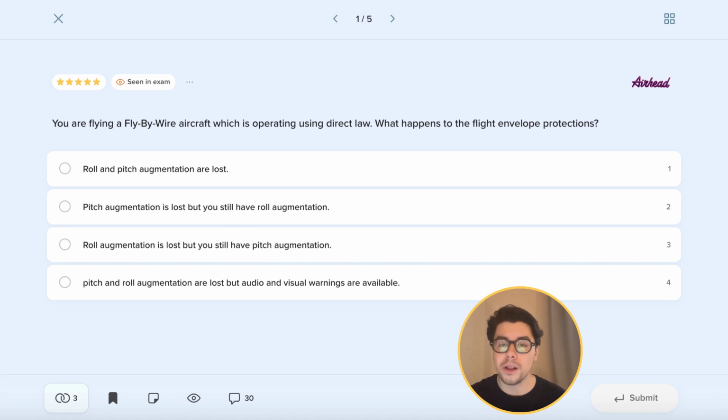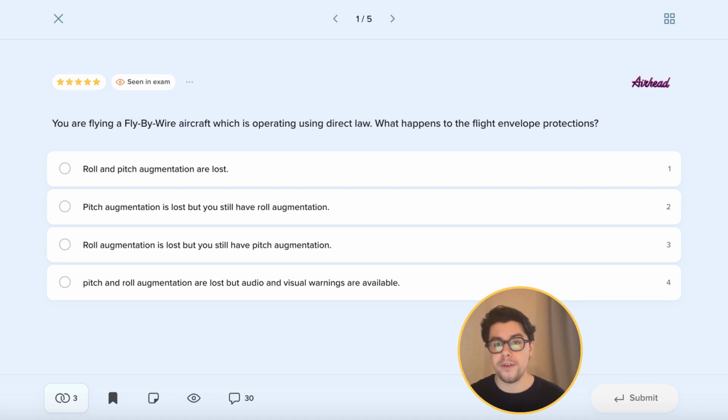However, in direct law, if you move the stick to the left, the control surfaces will move to the left accordingly to how much you turn the stick. And this is something that is not very intuitive. However, this is the Airbus philosophy. And this is what the direct law is, which means that the roll and pitch augmentation will be fully lost,